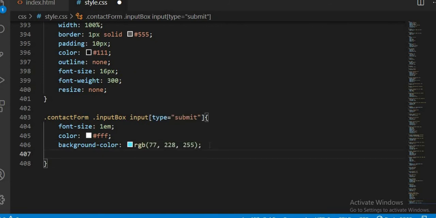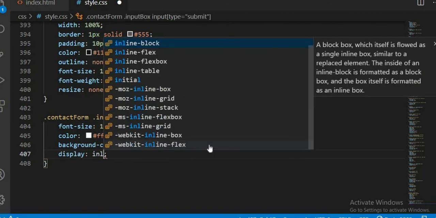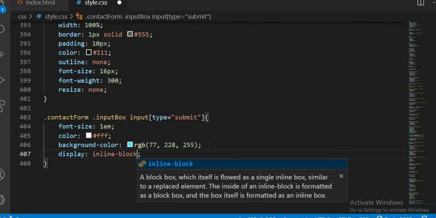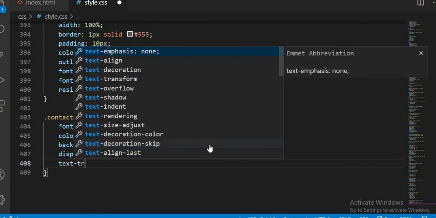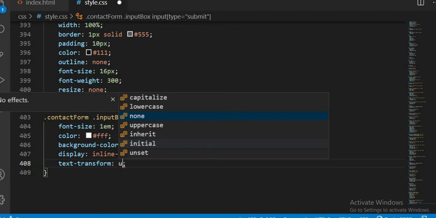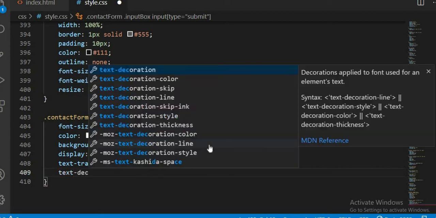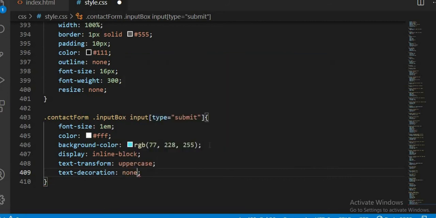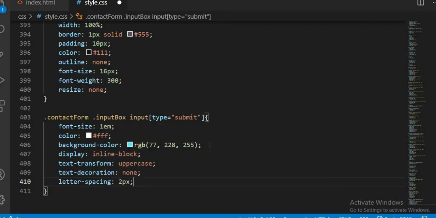Next thing we want to grab is display. Let it be inline block. Text transform uppercase. Text decoration none. Letter spacing of 2 pixels. Add a transition